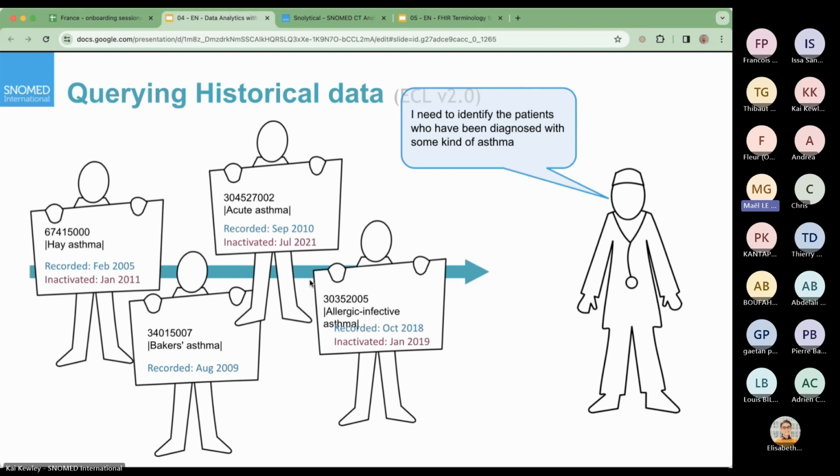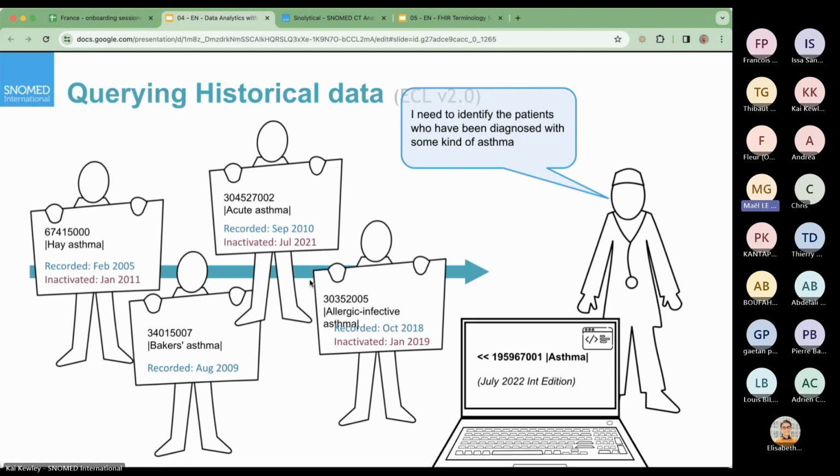So if a clinician needs to identify all the patients that have been diagnosed with any type of asthma, they could use something like ECL to find all the codes for asthma. And they would only actually find this patient that's got Baker's asthma because it's the only concept that's still active. So it's the only concept that's still in the hierarchy, and it's a descendant of asthma. So that's obviously a problem, and it's something that various countries came to us about, I think around 5 years ago, saying this is a real problem. What do we do? ECL doesn't cater for this. So